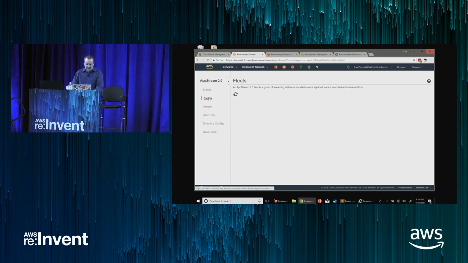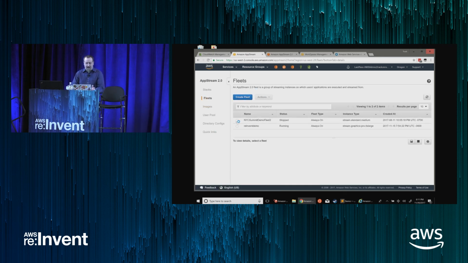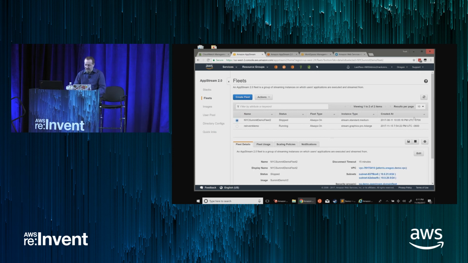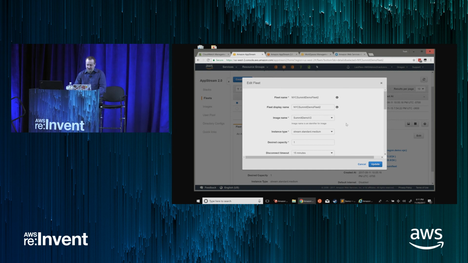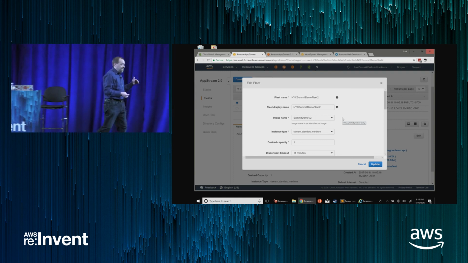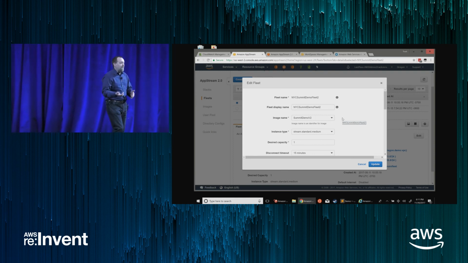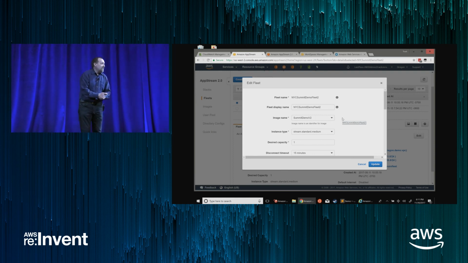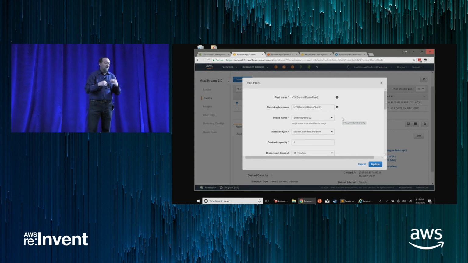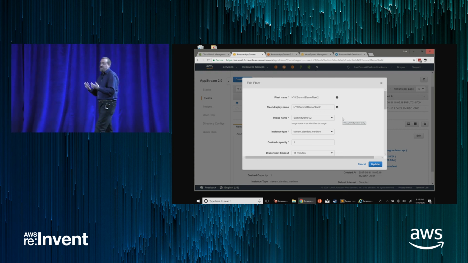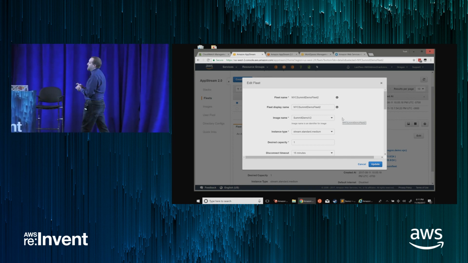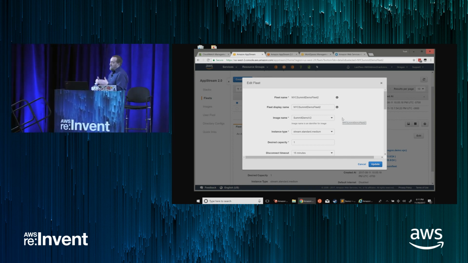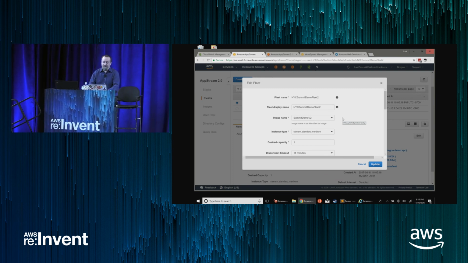And within any of these systems, so fleets, you can start or stop individual fleets. I did want to also show you on a stopped fleet, you can go in and edit the instance types. Now you can't change between graphics instance types and other instance types. You can change within different sizes of a particular graphics family, but there are custom graphics drivers required for those GPU-enabled instance types. So for those, you're only going to be able to change instance sizes within the family of the same type